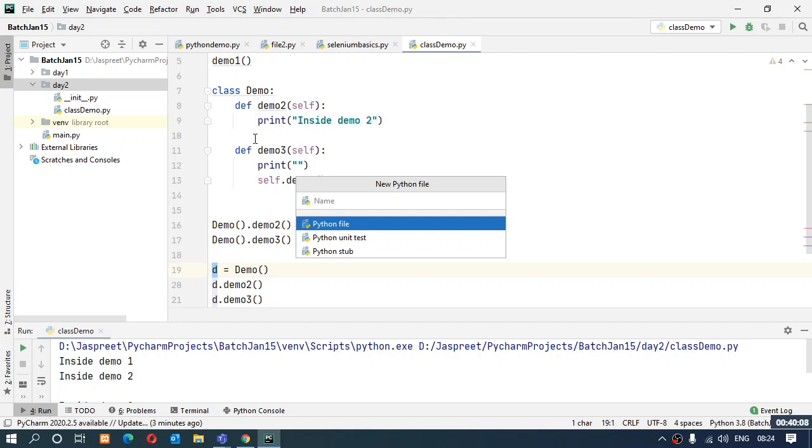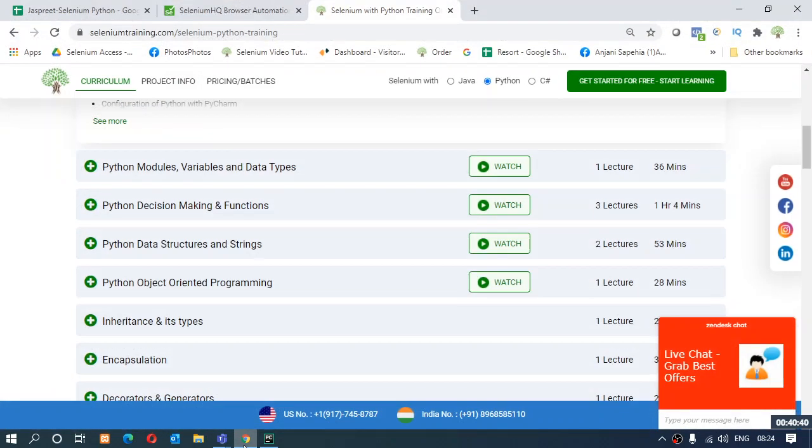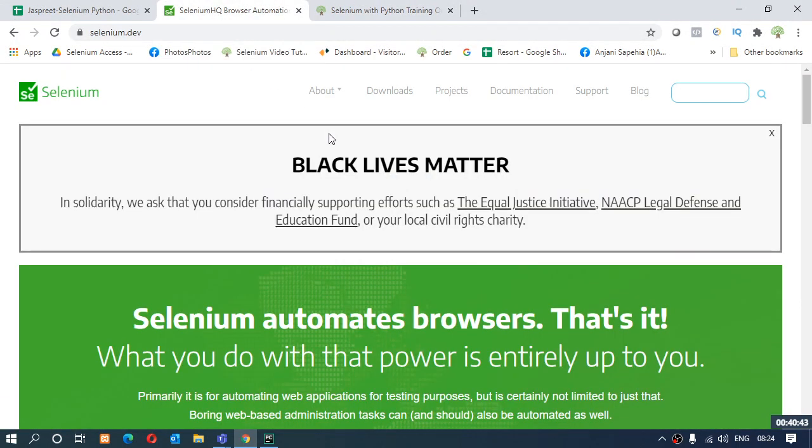Right. So, for that, we need to open the browsers through the Selenium command itself. Right. So, how to do that? Let's see that now. I'll be naming it as, let's say, browsers. There is a very simple one line command to open any browser through a class. We are going to use a class over here. What that class is, I'll show you as well so that you can go through the documentation. You can read about that class to get more familiar with it.